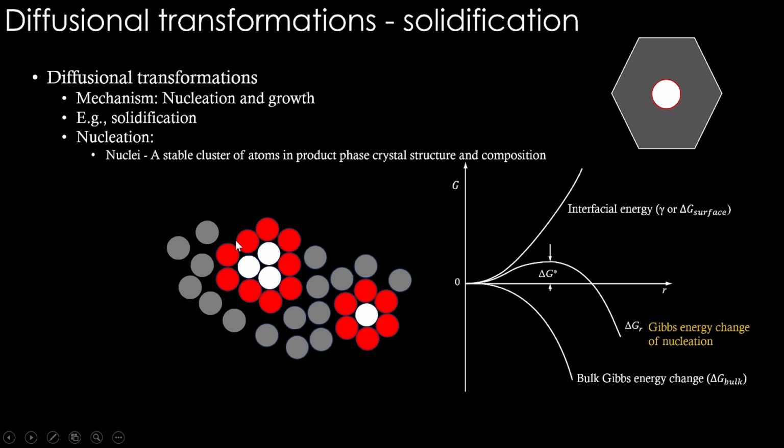A critical nuclei becoming a stable nuclei will happen after this radius. So this is the radius of critical nuclei. This particular graph, which is so elegantly explaining the competition between interfacial energy and bulk Gibbs energy, tells you that you need to have a cluster coming up with a certain size, only then it can be a stable nuclei. A stable nuclei will grow. In that way, you can understand this interfacial energy is a barrier to nucleation.